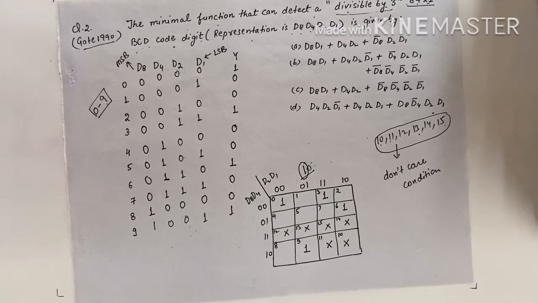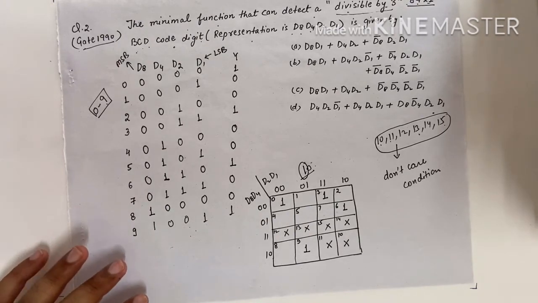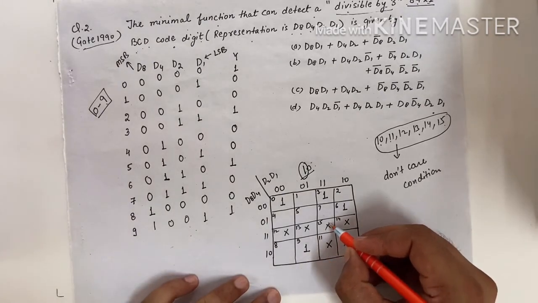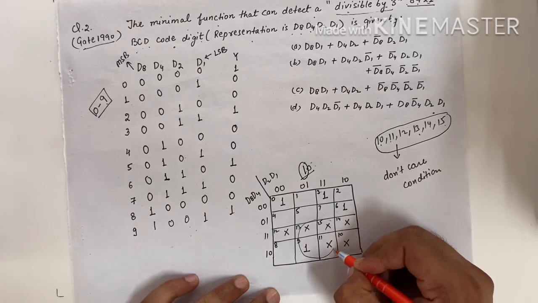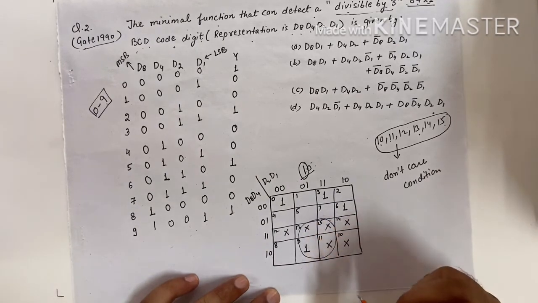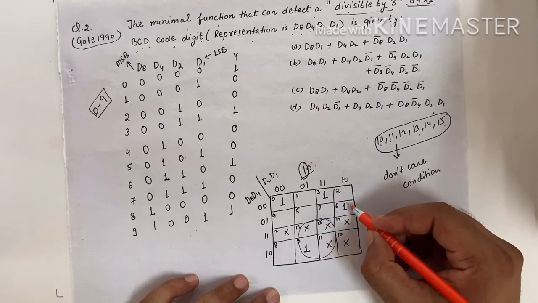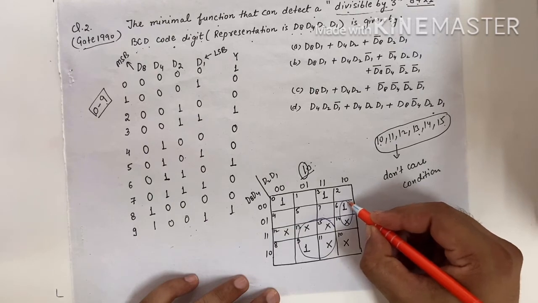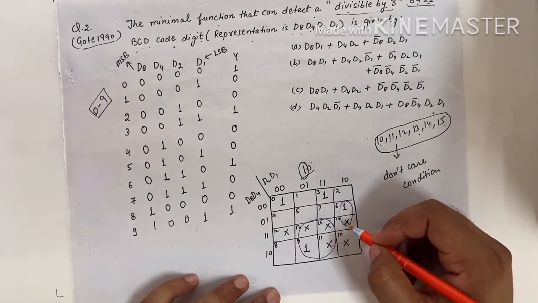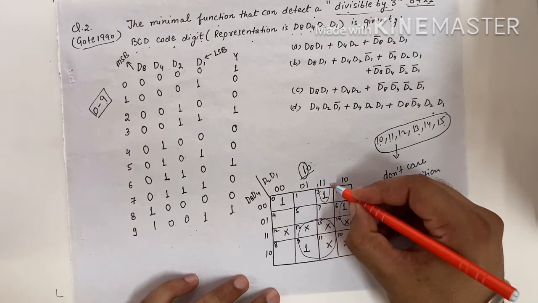In this way we have to make grouping, and we have to make the largest grouping. So we have to group this one. For this group of 1s we have to make an octet. Okay, so we have to group in this way. Now suppose we have to group this, if this is 3, then we have to make a doublet grouping. Now we have to group this one, so this group is grouped in this fashion.